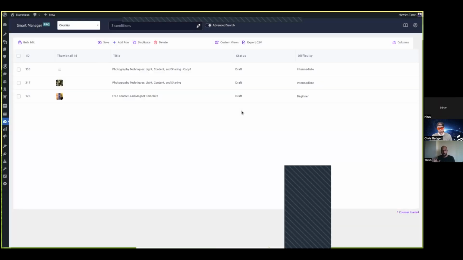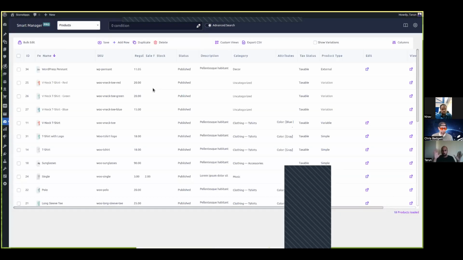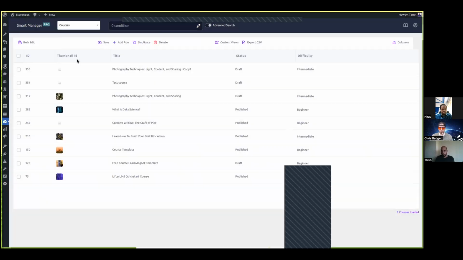So what it does is this is my view that I want to work with on a daily basis, right? Now, Smart Manager is smart enough again. If you just move out to any other dashboard, let's say I move out to products, now I have not saved anything, my view was there. I will think, okay, my view would have been lost. Now, if I just go back again to courses, it will give me the same view again. Only the advanced search will get lost, right? So that is one thing.